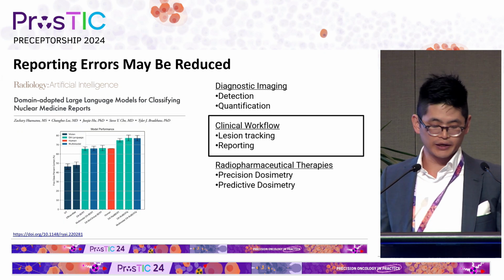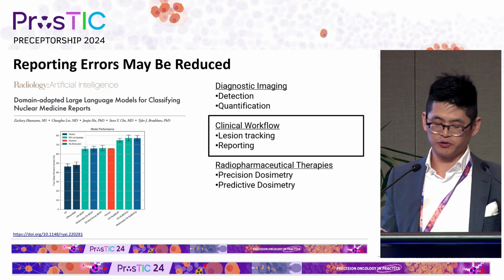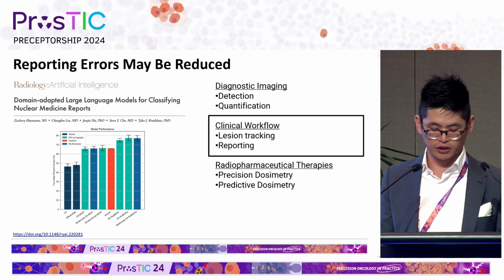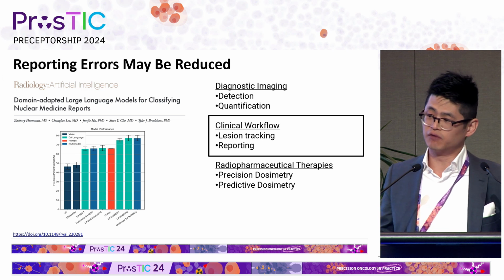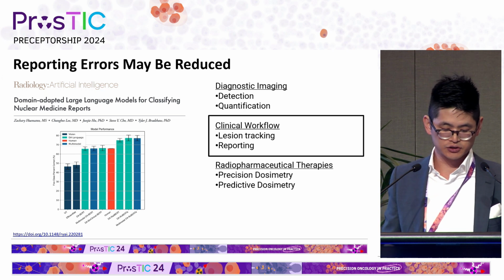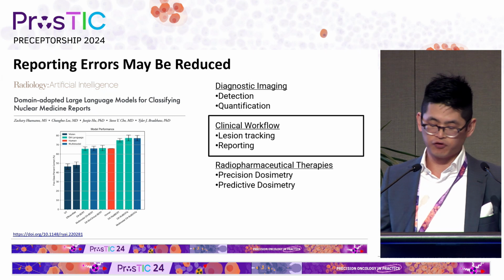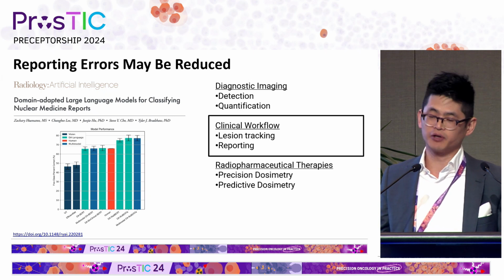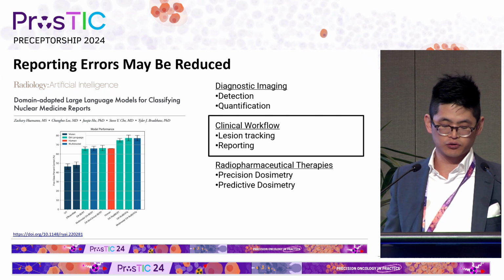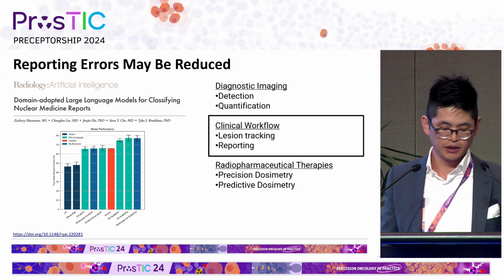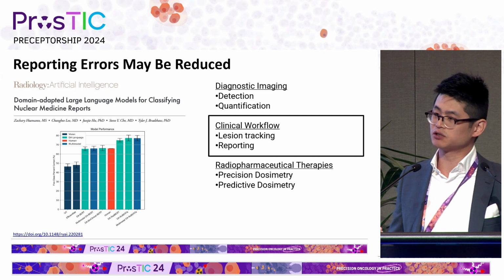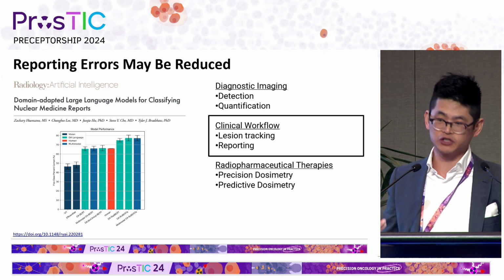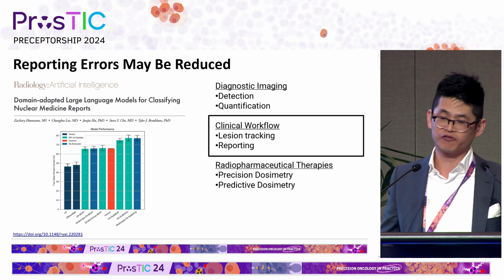Interestingly, large language models have also been used to look at the content of the report to classify the patient outcome. And this is an example. It's in lymphoma, not in prostate cancer, and focuses on the lymphoma Deauville score classification. But what we can see is probably there'll be similar applications in prostate cancer to look for report discrepancies. And this example is interesting because it also introduces the idea about multimodal models, ones that can use both vision and language that are actually more effective in this task.